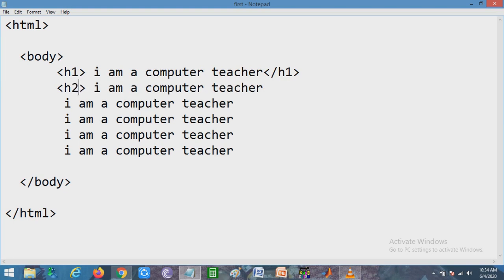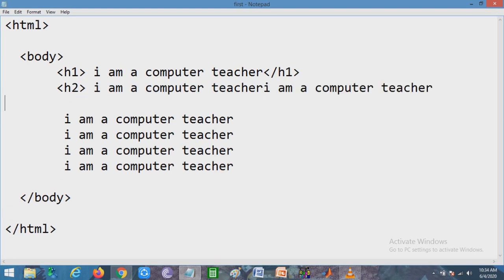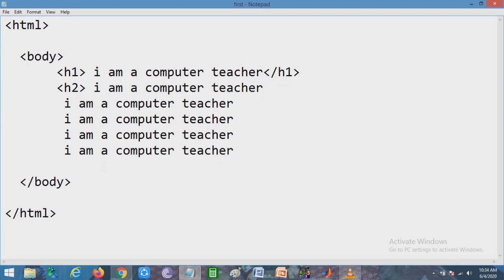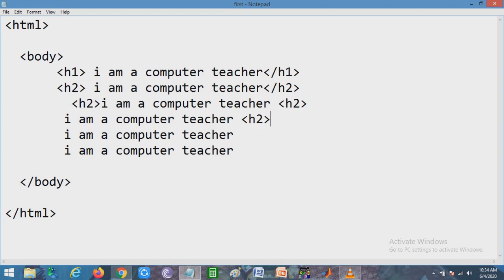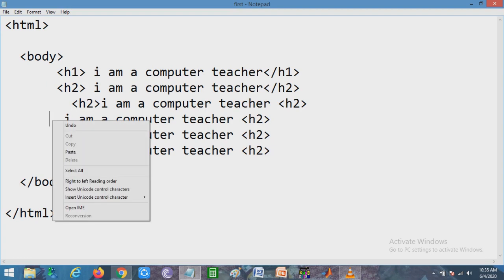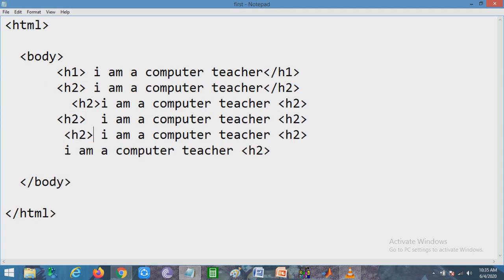I am copying this and pasting it here. You don't need to write it again, copy it and paste it. But we are not using H2 for all those sentences.